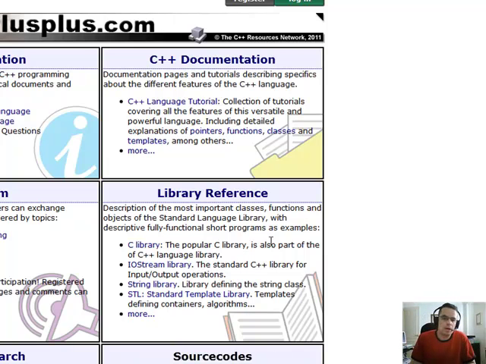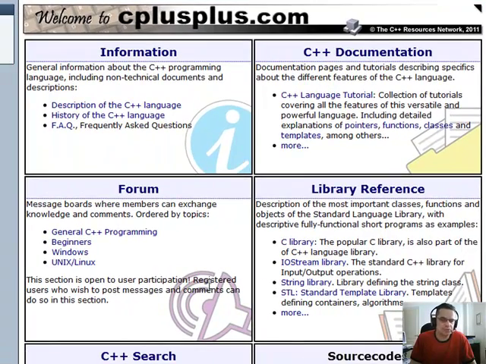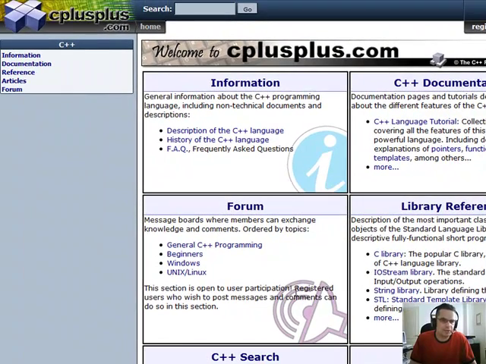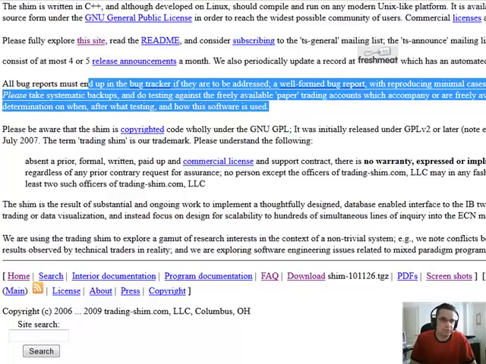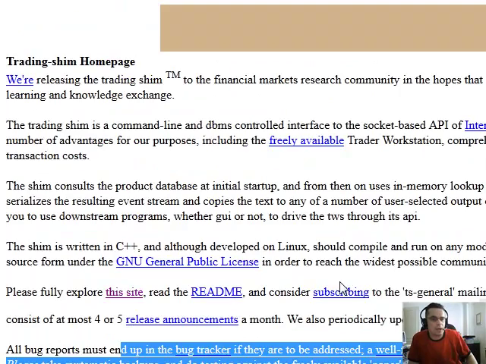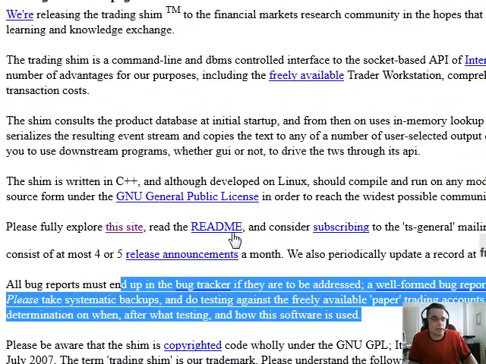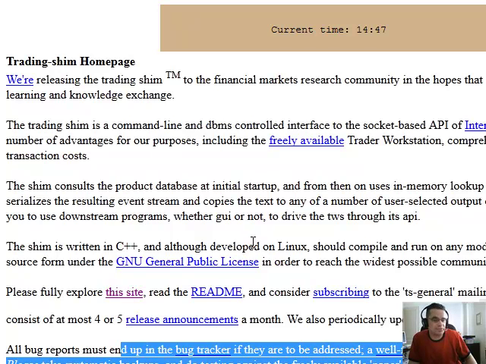So, like I said, I've got this C++ open source. It's not really a trading platform, but just a connection from your C++ trading platform into Interactive Brokers. So let's go to it. I've got the URL set up. It's very easy: trading-shim.org. It's a very old school design, I know. Who cares? The important thing is that it works. I haven't played with it.